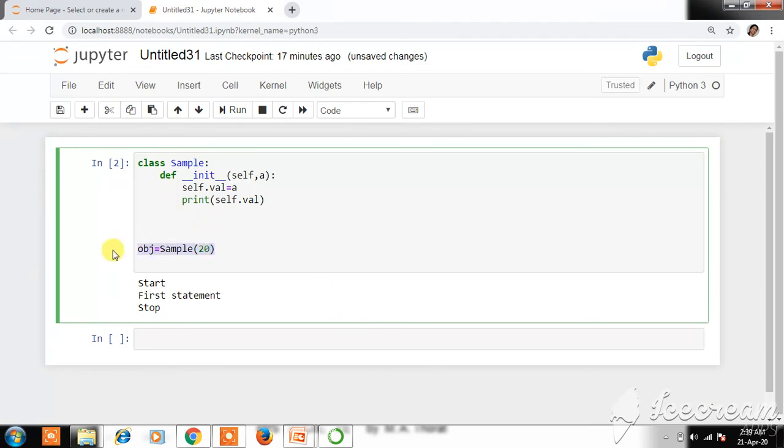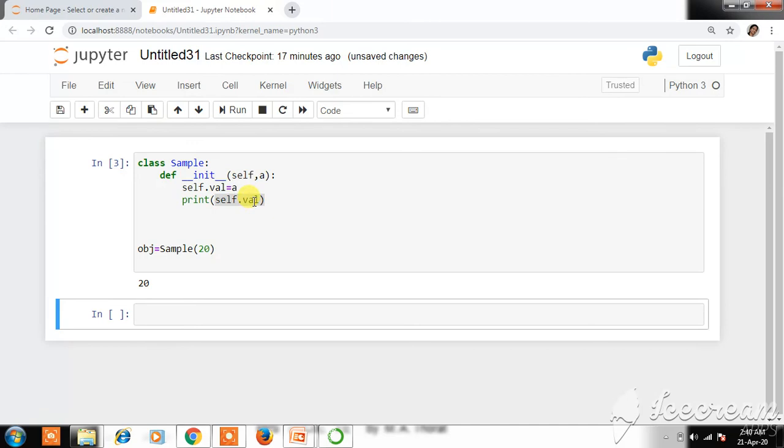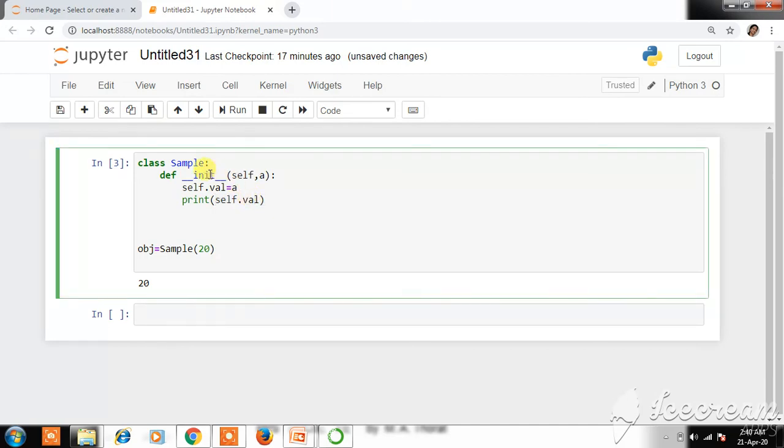That means as soon as this object is created, it will initiate a call to the init method and also pass this value to the init method, which will be stored in a, then assigned to the val variable, and then displayed on the next line. If we run this code, it will display the value as 20. So we can say this init method is with an argument, and that argument we have passed through object creation.